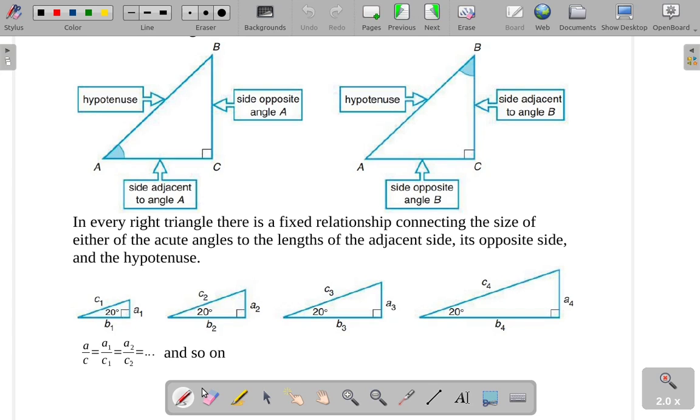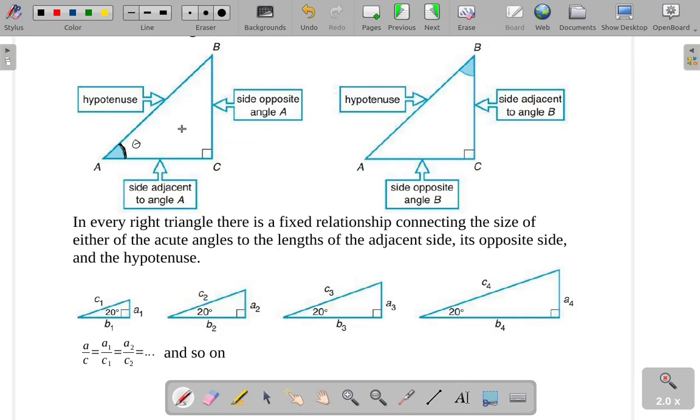What we're going to talk about in this section is what's called trigonometry. And when we're talking about trigonometry, we're first off talking about right triangles. With a right triangle, we know that one of those angles has to be a 90-degree angle. And usually when we're talking about a right triangle, we're describing one of the other angles of the right triangle, so not the 90-degree angle, we're describing this angle, in which case I might call this